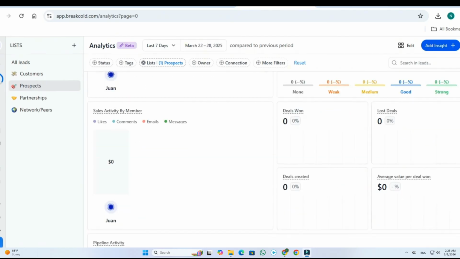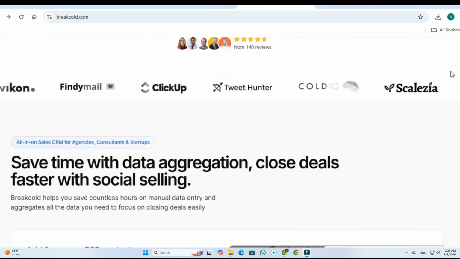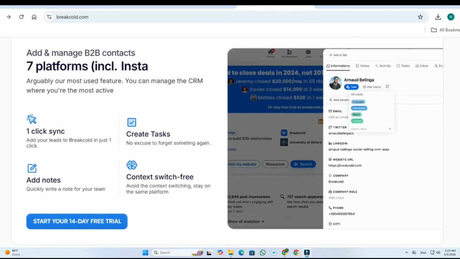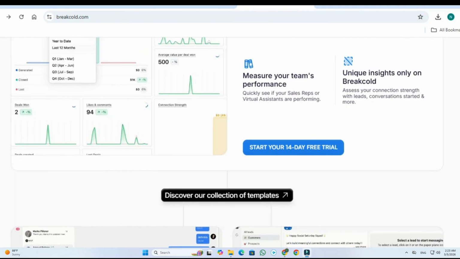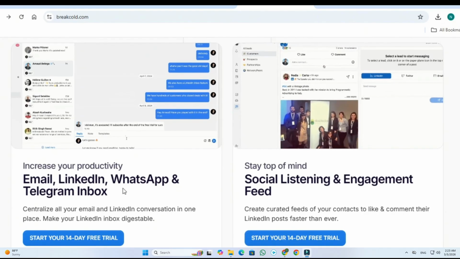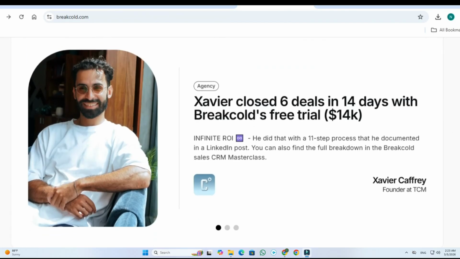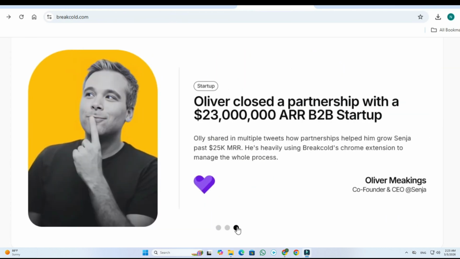In conclusion, Breakcold CRM is a game-changing tool for businesses seeking to streamline their sales processes, improve customer relationships, and optimize prospecting efforts. With its user-friendly interface, automation capabilities, and robust analytics, Breakcold CRM provides sales teams with the tools they need to work more efficiently, stay organized, and achieve better results. Another major advantage of Breakcold CRM is its seamless integration with other business tools and platforms. Whether it is email marketing, calendar apps, or project management tools, Breakcold CRM